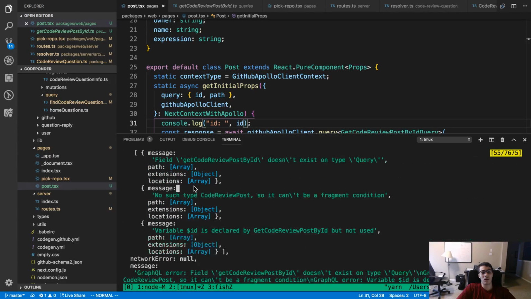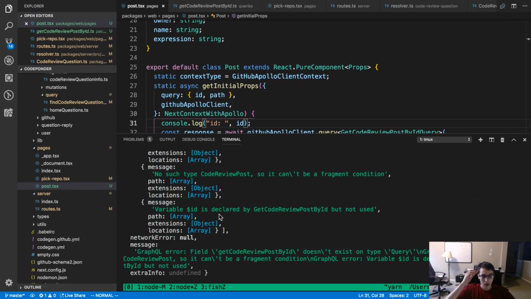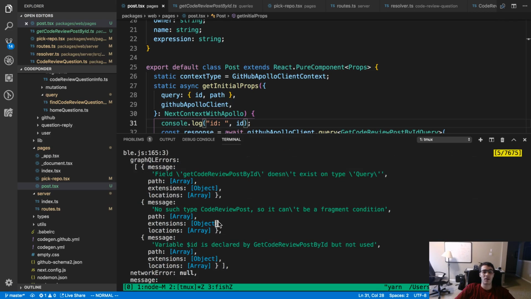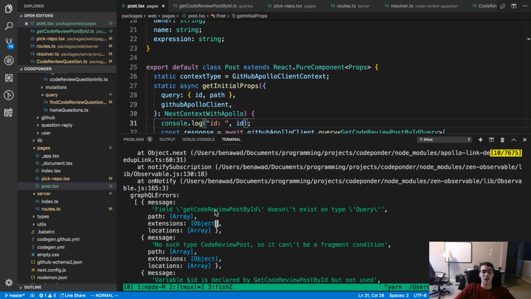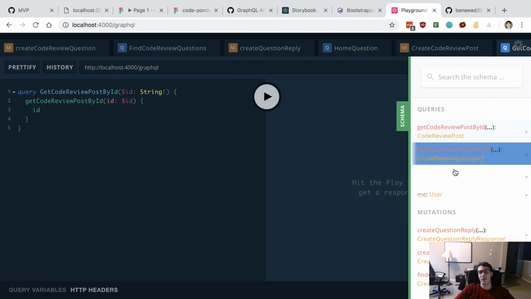So, all right, so the ID is a value. Okay, so we have a couple problems here. Get code review post by ID doesn't exist on type query, but it does, unless if I refresh, it's gone.